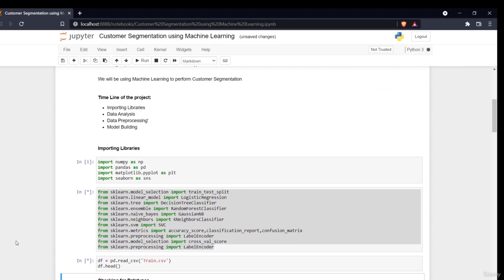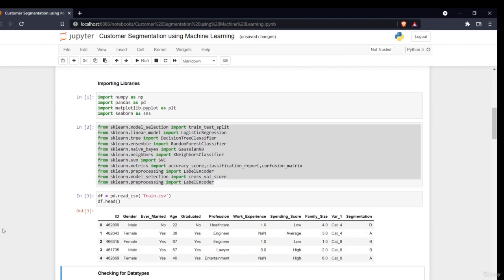Okay, so now let's see our data set. What is our data set? So now this is our data set. It has ID, gender, ever married, age, graduated, profession, work experience, spending score, family size, variable, and segmentation. So now based on the data set, this is some kind of a segmentation project based on the